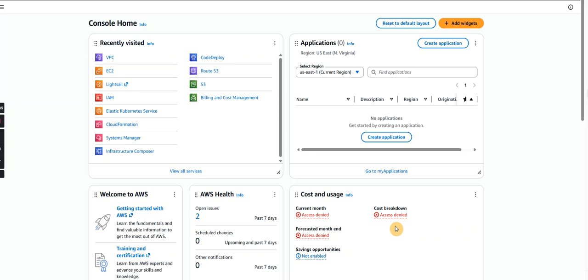Just building everything from scratch, getting into the networking of AWS, VPC, Virtual Private Cloud, and also connecting it with the EC2, SSH into it, and trying to